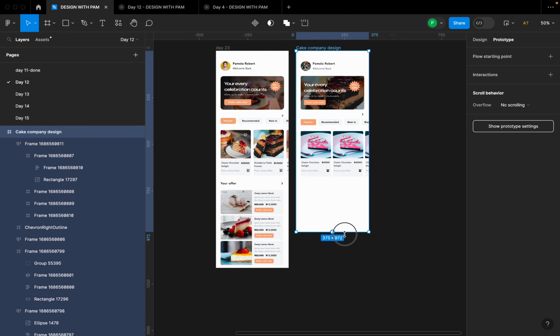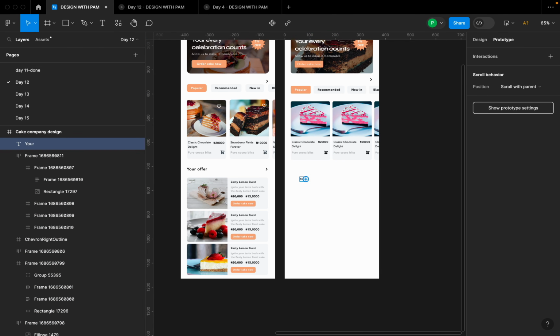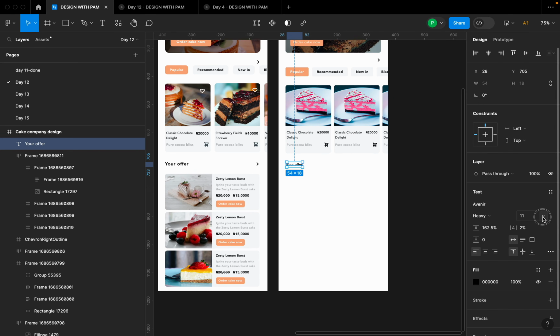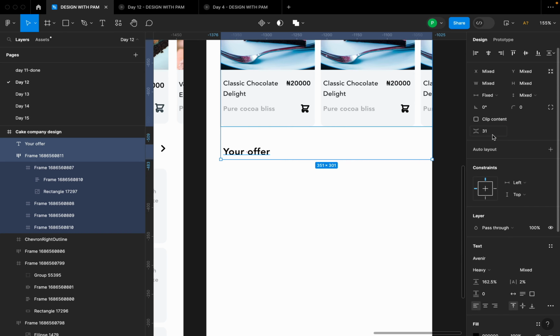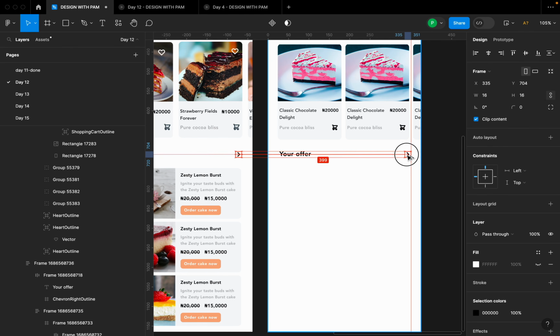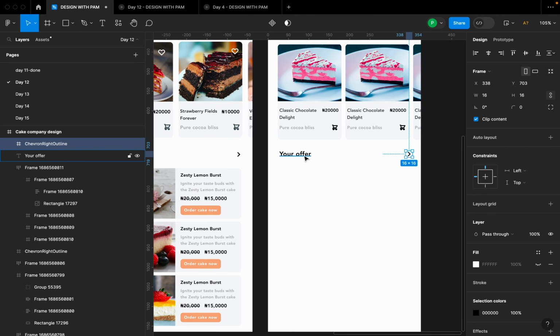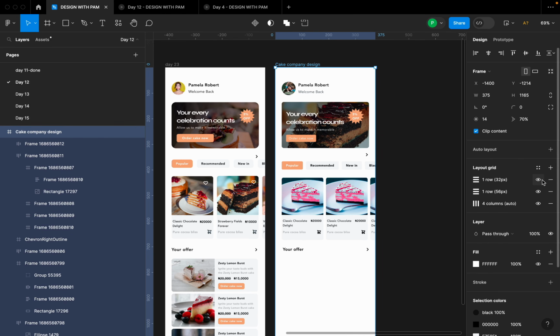This next section, I'm going to increase my frame height. Then I'm going to type your offer. Right, so I'm going to increase the font size to 16, and I'm still going to leave it at heavy. All right, so let's leave it at heavy, but the spacing between this first one and the second one, let's give it a 24. All right, so this icon here, I'm going to import it here. You can find it on Hero Icons. So what I'm going to do is select the two, and create an auto layout. So let me go back and put my